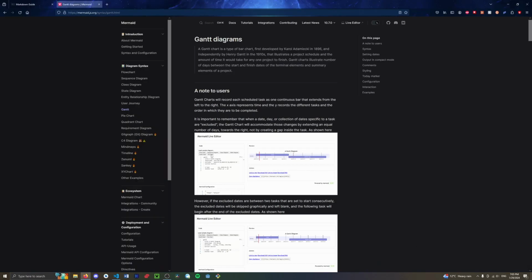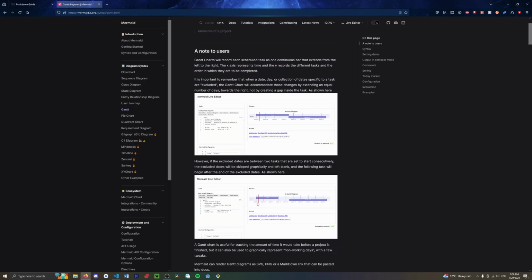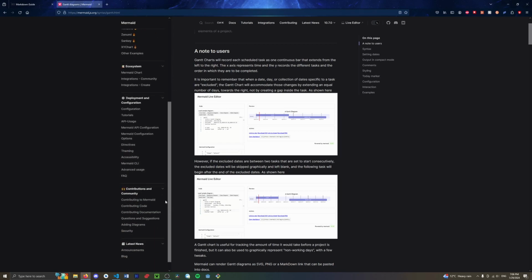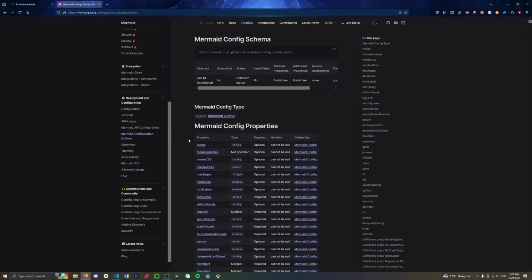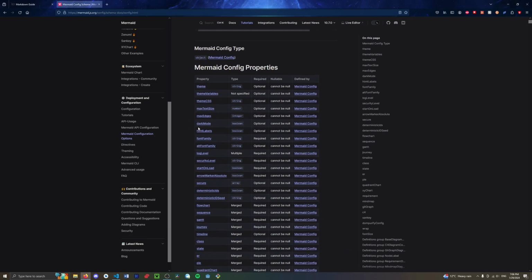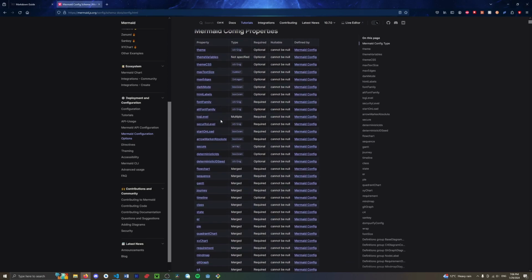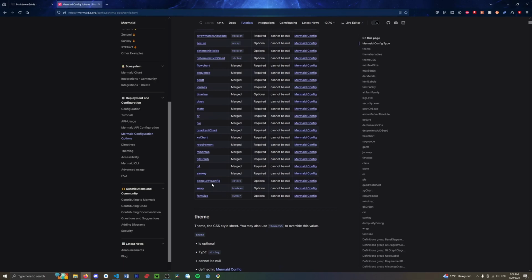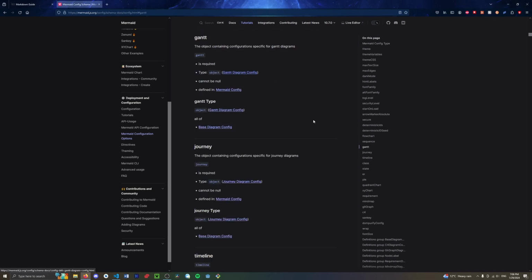So when you have your Gantt chart nicely made, what you want to do is make it look nice and fancy, kind of like this here. This is nice and fancy and really cool looking. So what you can do is, in this bit, if you scroll down and come to Mermaid configuration options, I believe is the right one, this will give you loads of different variables that you can use to make your diagram look nice and fancy. And I believe there is a Gantt section for the variables you can use for a Gantt chart. If we click Gantt diagram config,